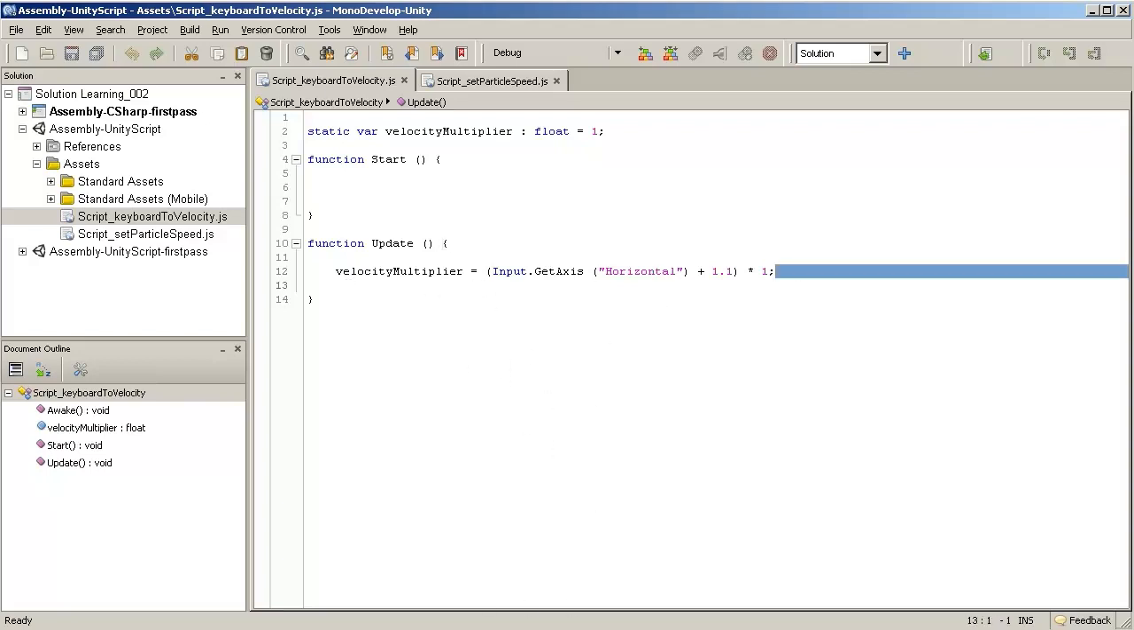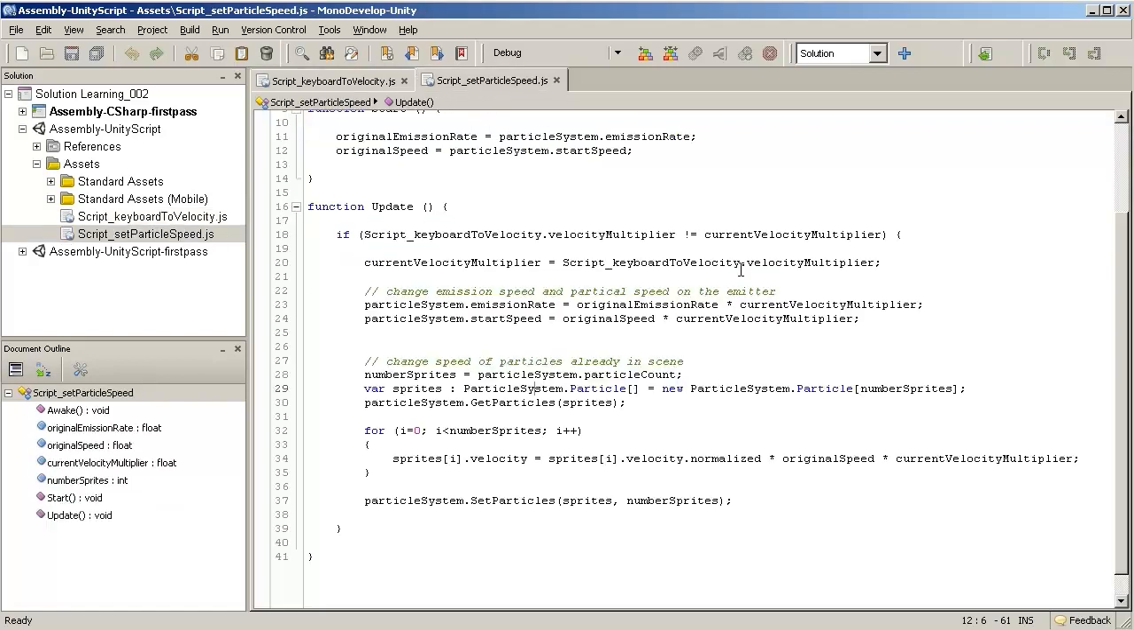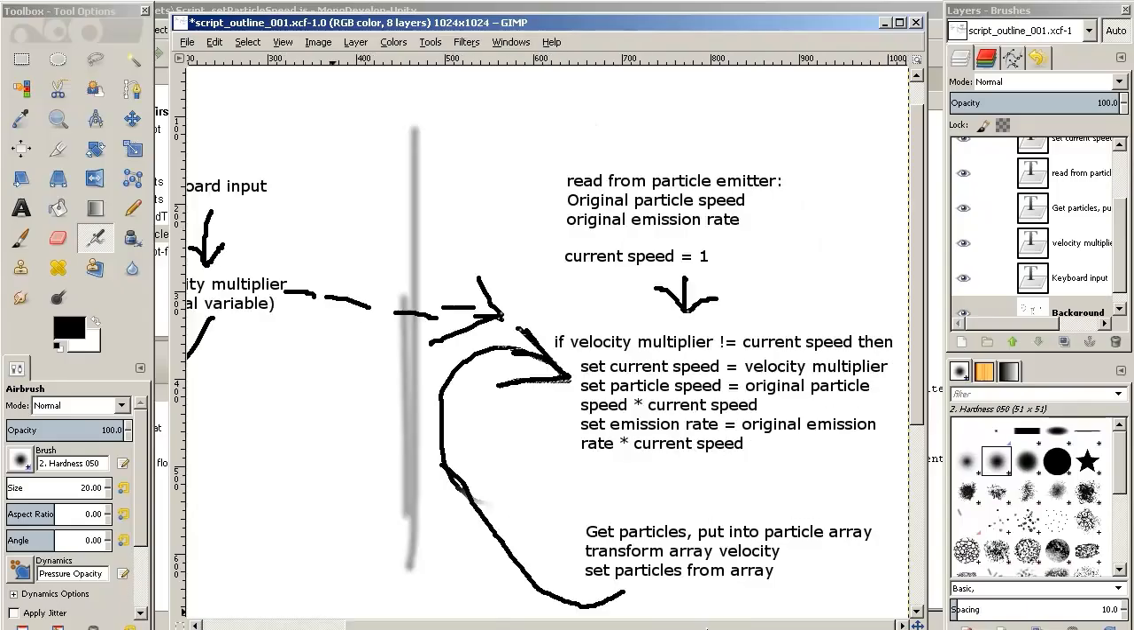So instead of one line of code, there'll be a much larger set of code. But I'll figure that out in my own time, and I guess I'll show you guys if I succeed in the next video. And then on the other side, we've added a bit to the original diagram. Remember, before we didn't have this. We just had read the original particle speed and emission rate, and then if the velocity multiplier is different from the current speed, then you change the particle speed and the emission rate,